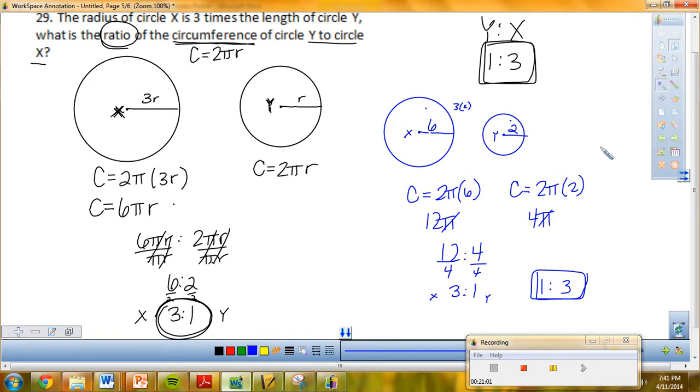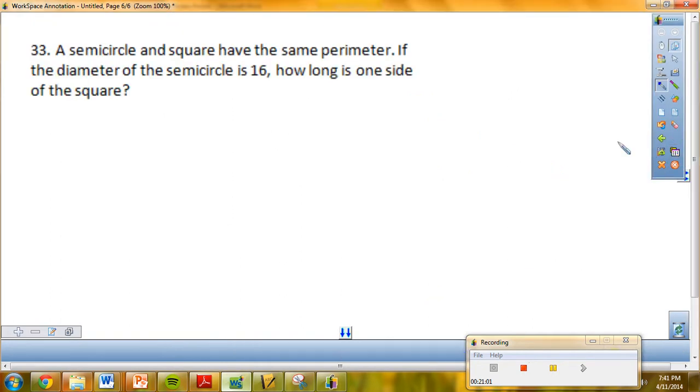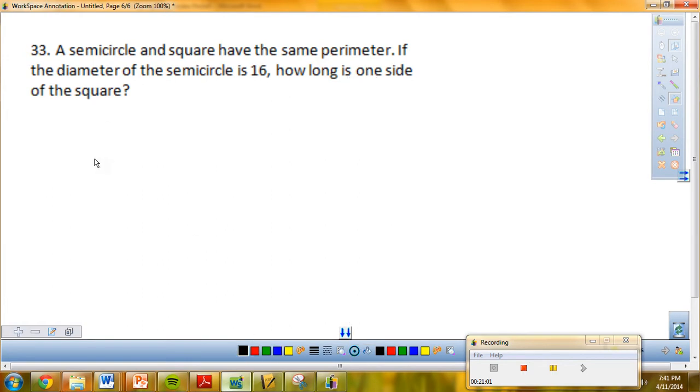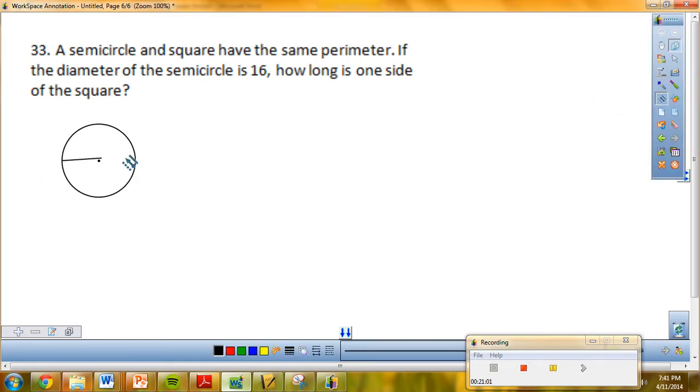The last example is, again, using two shapes and having them compared to each other. So they're not drawing anything for us, or they don't give us any diagrams, so I should draw them myself. So I have a semicircle. So semicircle means that I have only half of the circle. So I'm just going to cross out half of my circle. A semicircle and a square